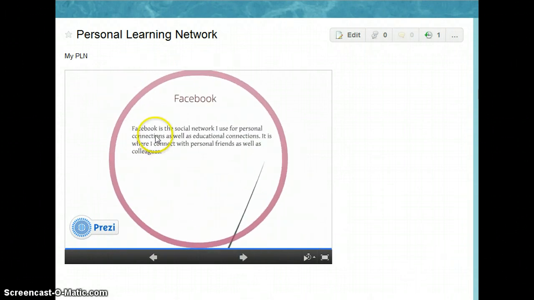Finally, Facebook is a social network I use for personal connections as well as educational connections. It is where I connect with personal friends as well as colleagues. In conclusion, I learned a great deal in this class. I plan to continue using these new tools in my